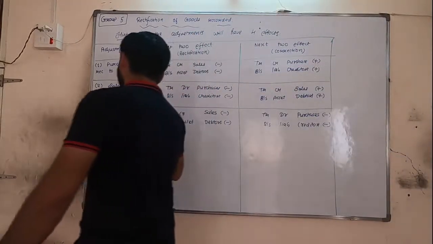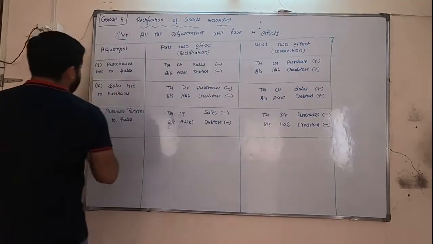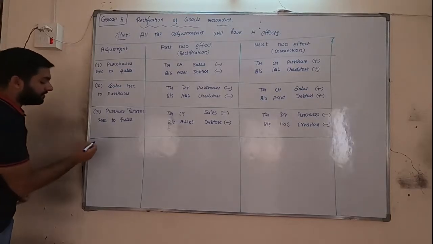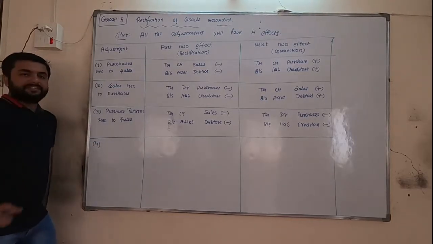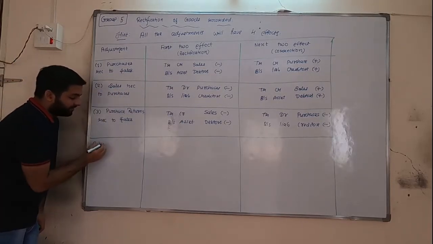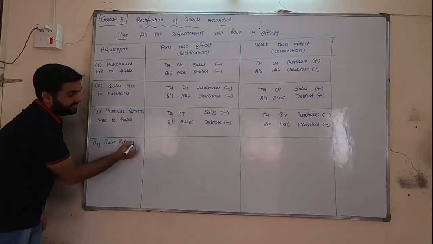Now the 4th one, we don't need to see in our notebook or textbook also. You may understand 1 and 3 are related, 2 and 4 will be related. What will be the question of the 4th one? Please engage. Sales are recorded to purchase. So what is the difference? Now not sales, but sales returns